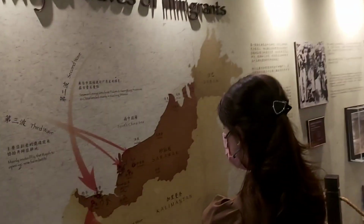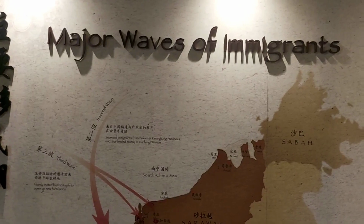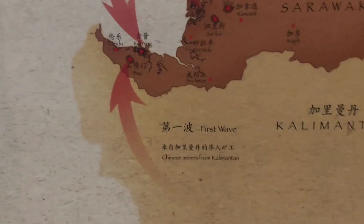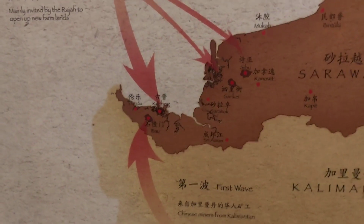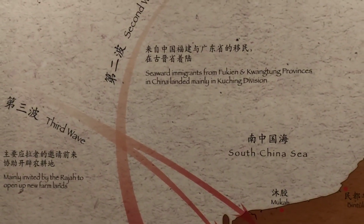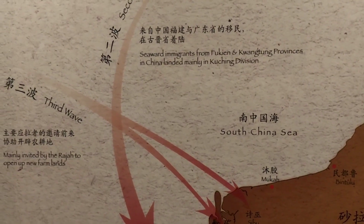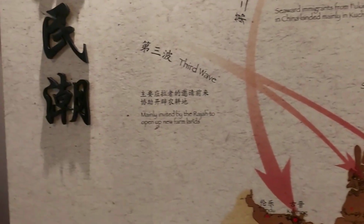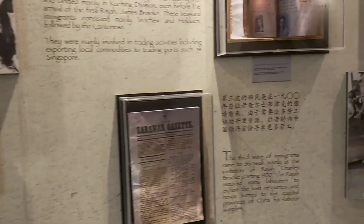As the Chinese Chamber of Commerce, it talks about the major waves of Chinese immigrants to this part of Sarawak. This chart shows the major waves of immigrants. The first wave were Chinese miners from Kalimantan, and these Chinese miners were from the Admiral Cheng Ho era from the 15th century. The second wave of migration were Chinese from the mainland, basically the Hokkien, Teochew and Cantonese people. And then the third wave were labourers from different parts of China